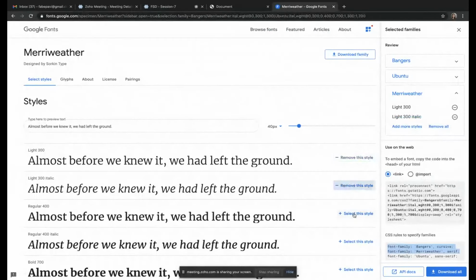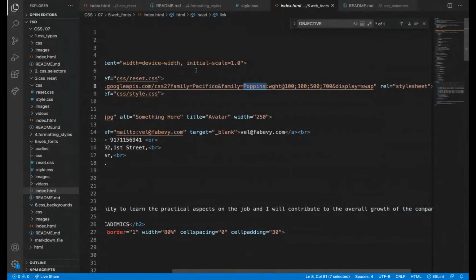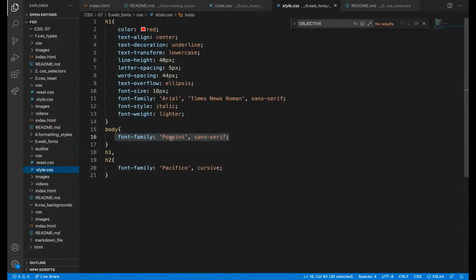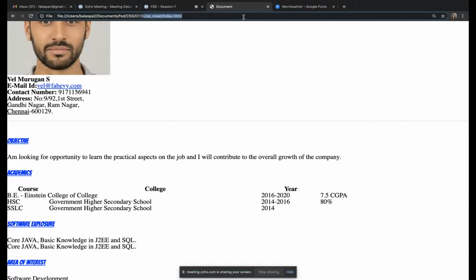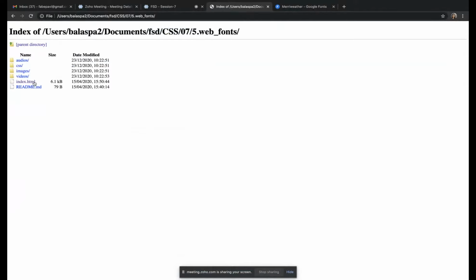I can add as many links as I want, and then I can copy them there. Like that, I have added 2 fonts, Pacifico and Poppins. Pacifico I have applied to the H2 tag, and for body, Poppins. But don't use too many font families, because performance will get affected.